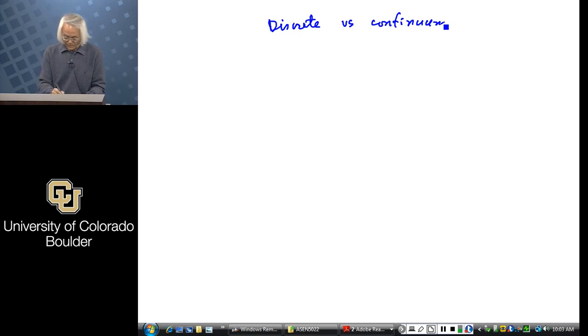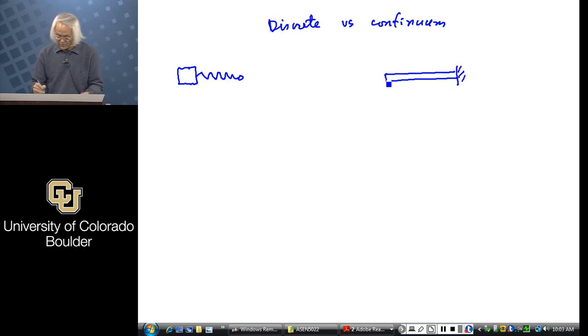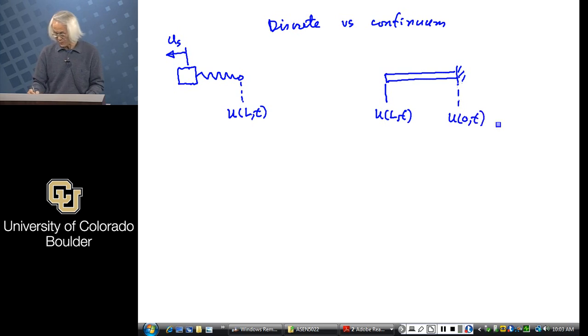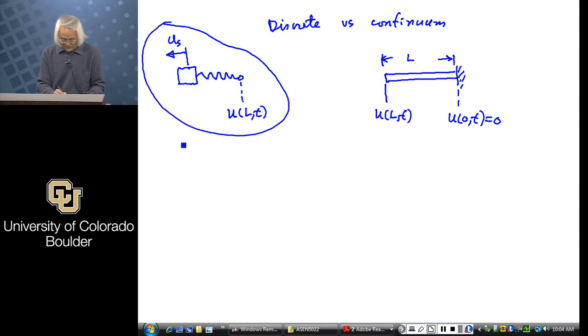Okay? So, let me just flip over the same problem like that. We had a U_s, and this is the point of U_LT, and this is the same thing, U_LT, and this is a U, which is 0 for all time when it's fixed, and the length is L. Now, if I look at this problem, this is a single degree of freedom problem,